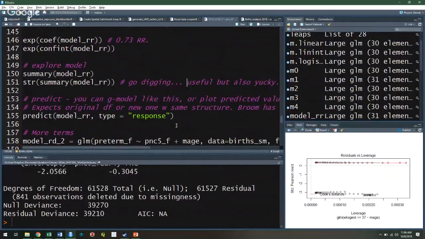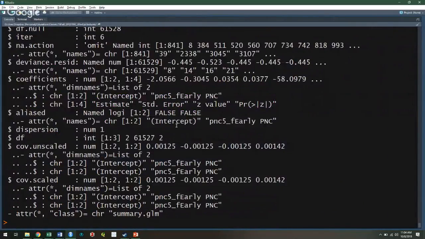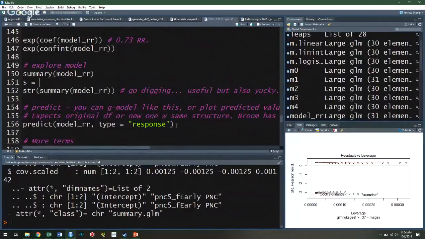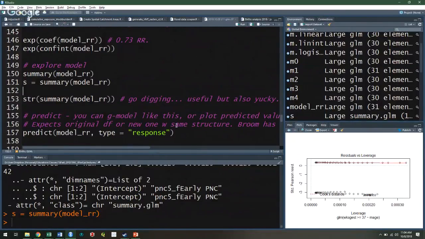Okay, so again, summary we've seen before. This used to be the right way to go get your data. I'm sorry, I just ran structure of the summary of the model. So even the summary I can save as an object. Now I've got a variable S that's holding the summary of my model, and I can go poking around in there. S